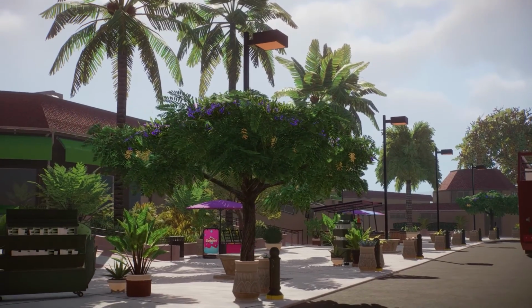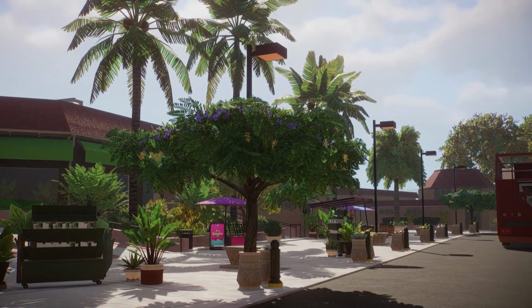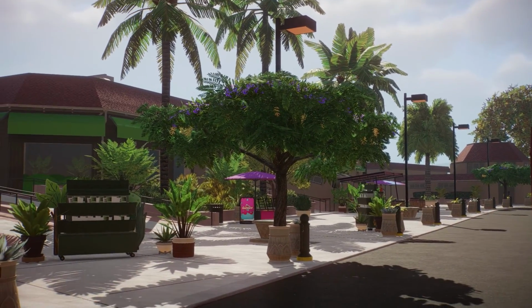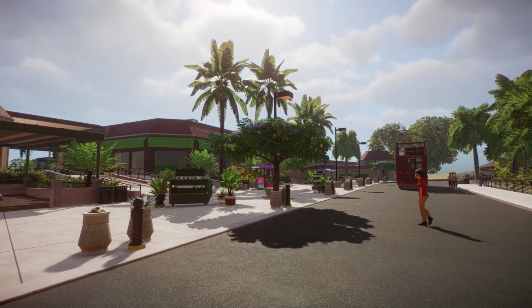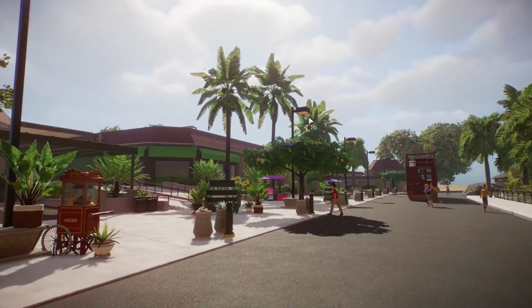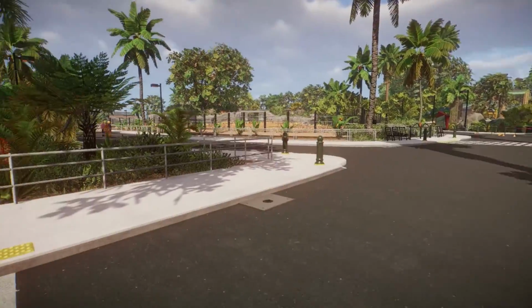Another thing I absolutely loved on my trip to San Diego, we were right in the perfect time for the jacaranda trees. All of them were blooming. They're the really beautiful purple flowers. And I really wanted to bring them into Planet Zoo, so I got this off the workshop. I forget by who, but I have a whole bunch of those guys in here